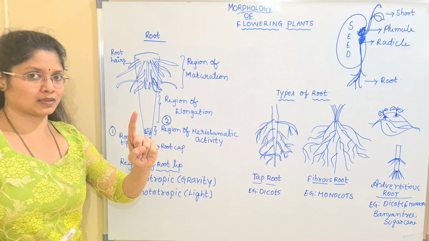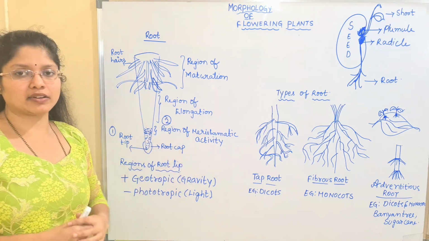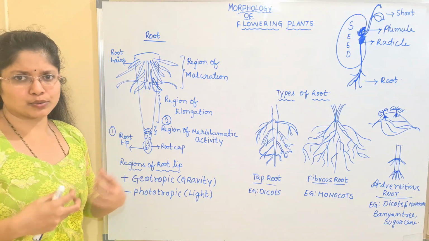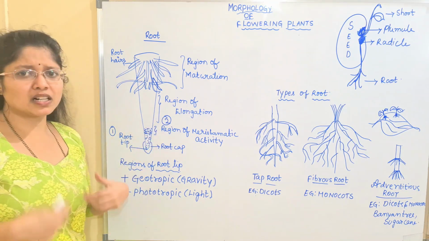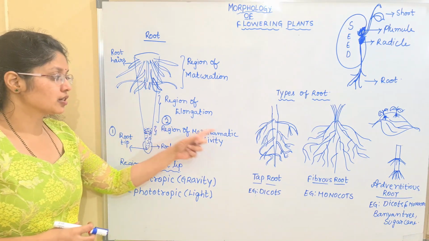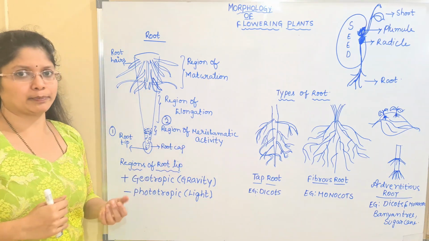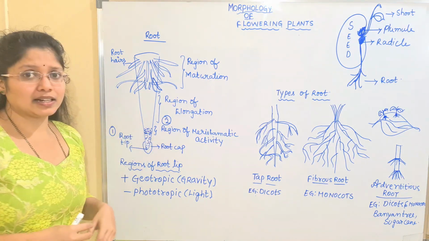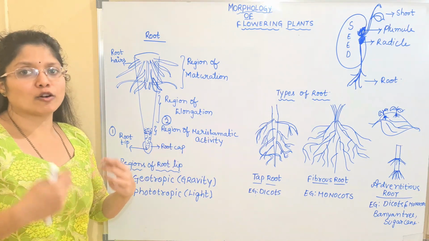Okay. So in the root region, what is the second region, children? First is the root tip. The function is penetration, and the second is the region of meristematic activity. It will be continuously producing cells; numerous cells are produced here. With the increase in the age of the plant, the cells will be increased. There will be continuous divisions taking place, and those divisions are mainly seen in which region? Region of meristematic activity, which is present above the root tip. So generally new cells are formed, and it will increase the length of the root slowly with the increase in the number of cells.